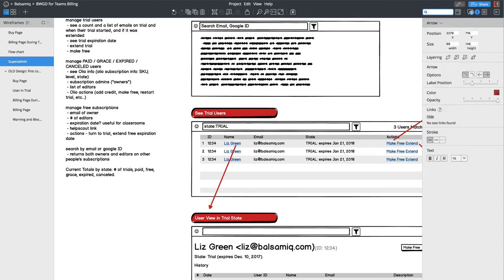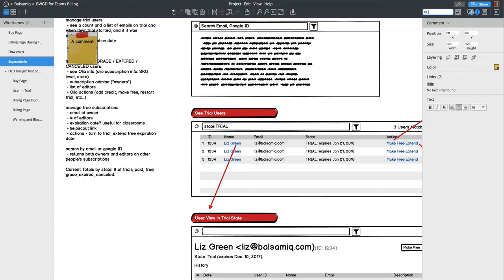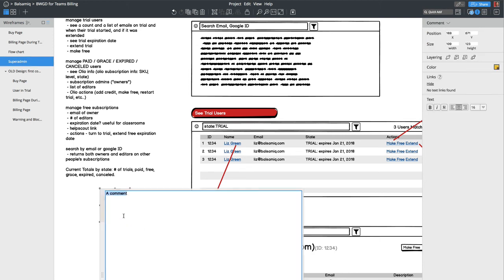I just want to make a note of that. If we're looking at the free users, we need to link to Help Scout, searching by the case, I would say. Okay, link to